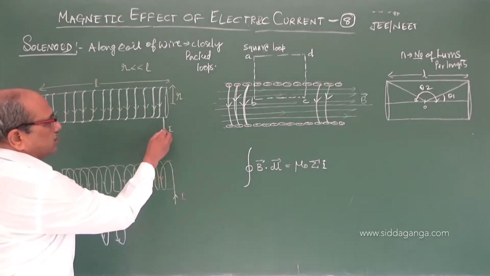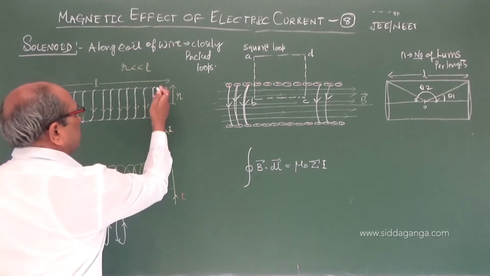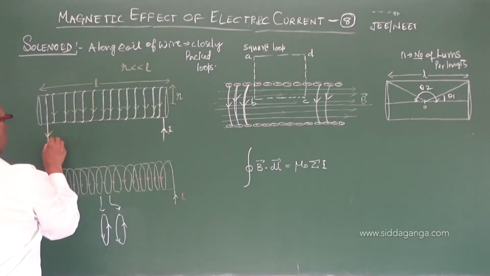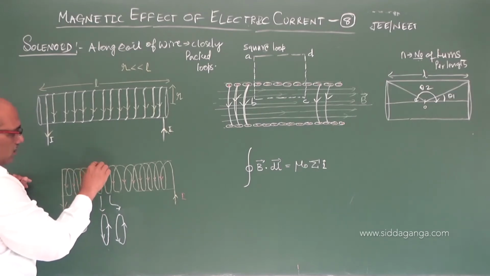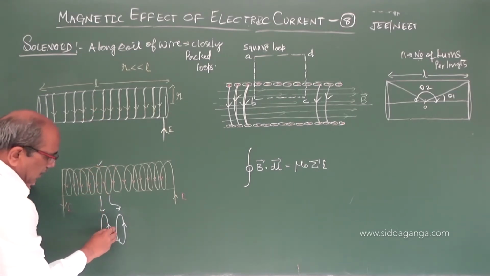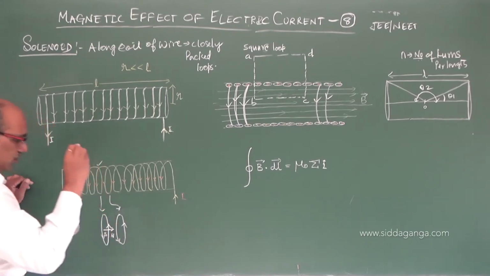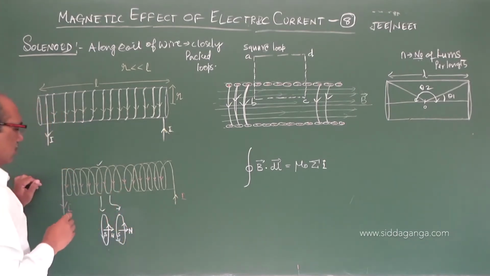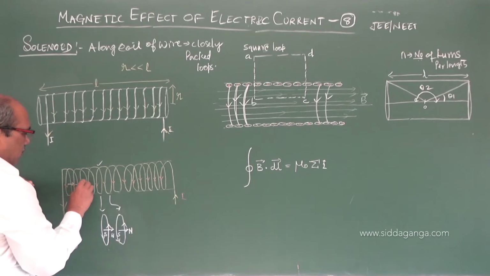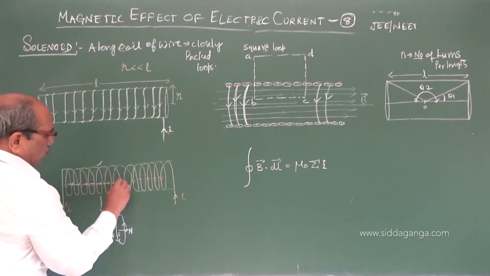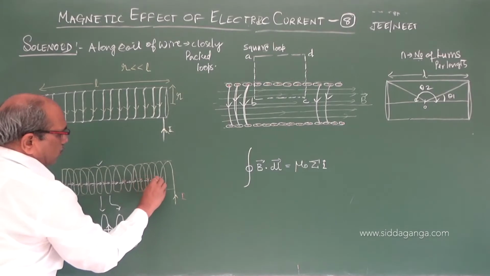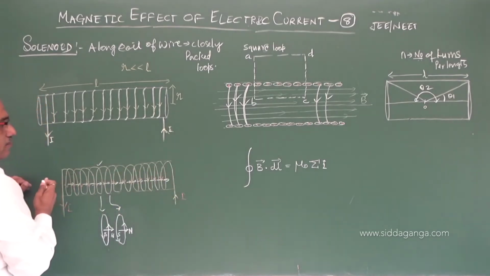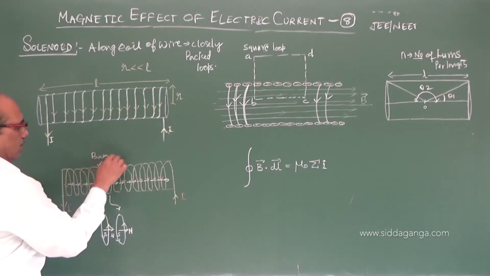You are seeing the arrangement. Here current enters the solenoid. The winding is on this hollow pipe, and the current exits from the other end. When you look at one turn, if the current is anti-clockwise, it produces a magnetic field with north and south, and the other turn also produces a magnetic field. That means the magnetic field produced by each loop behaves like a tiny magnetic dipole, and their vector sum gives the magnetic field along the axis. Almost it behaves like a bar magnet.